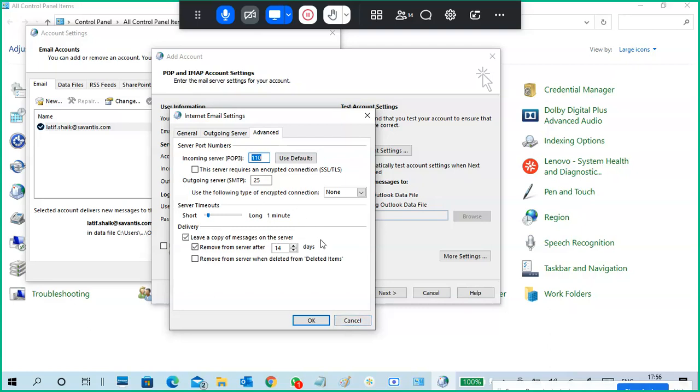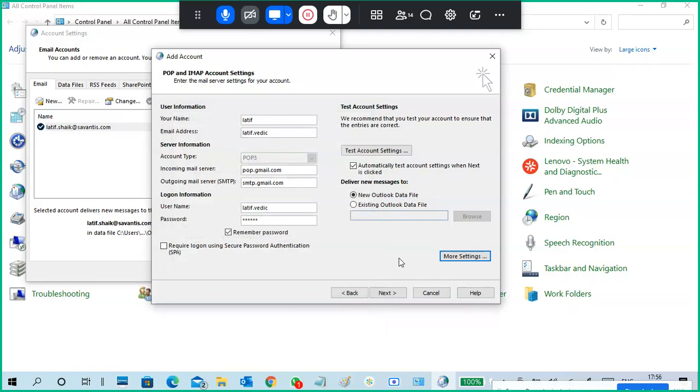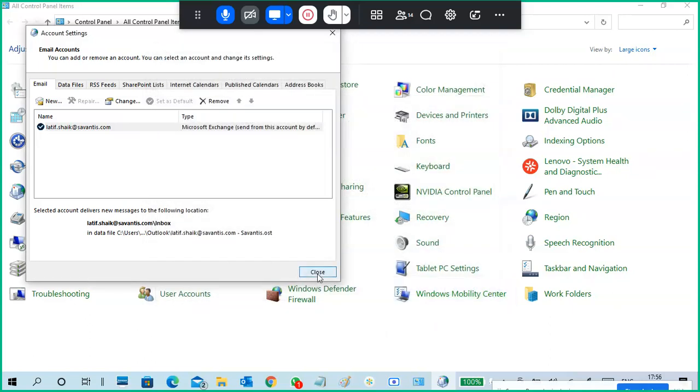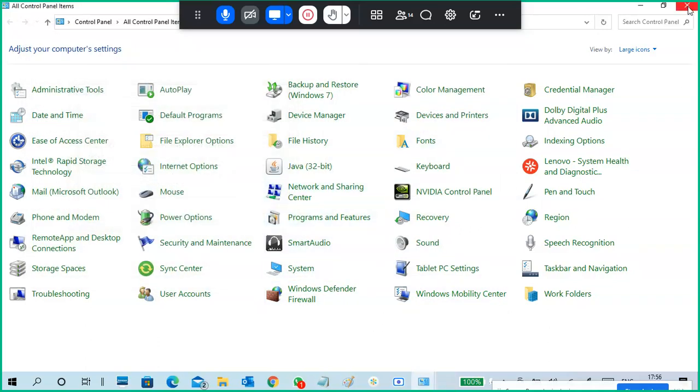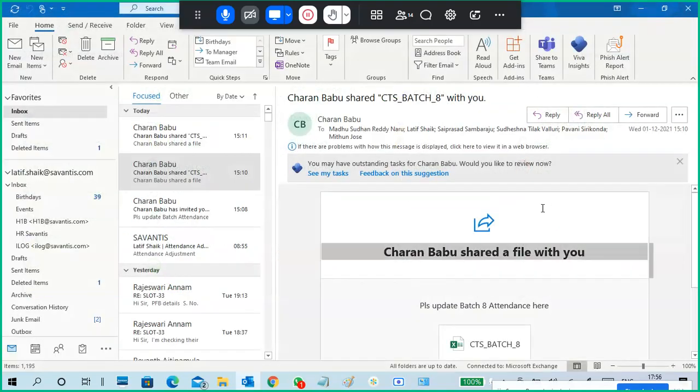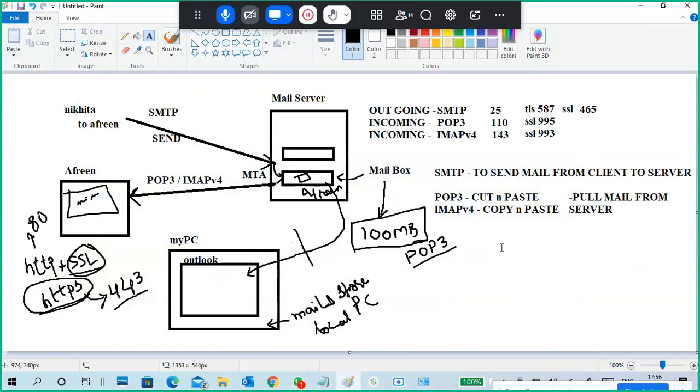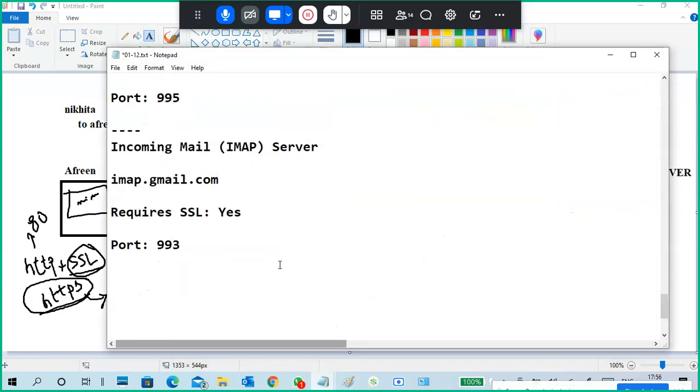SMTP is common, but for IMAP you should give 993. That's the difference. This is how we can configure. I'm not configuring it now, so if you want to see how to configure, I already said there are videos. Go for them, and you can also see the settings. This is how to configure, and what the port numbers and information I gave mean.